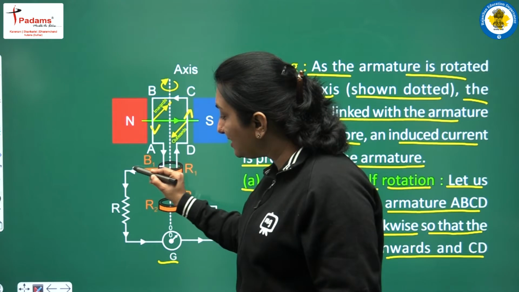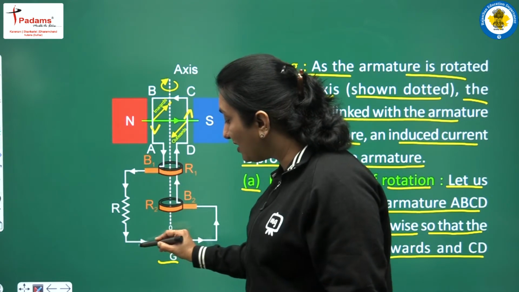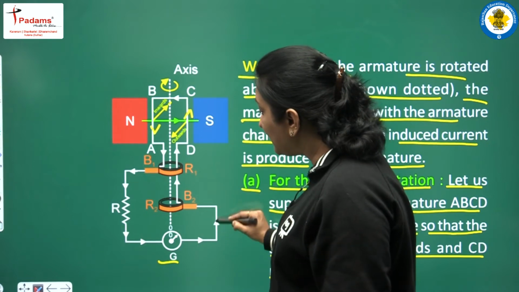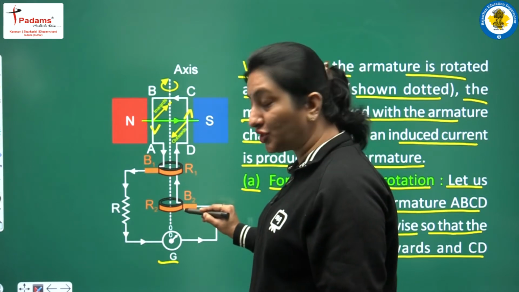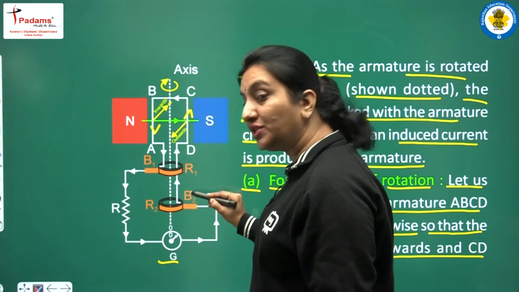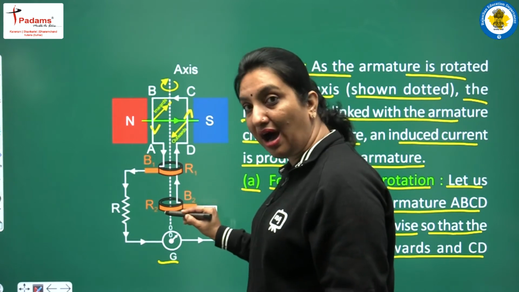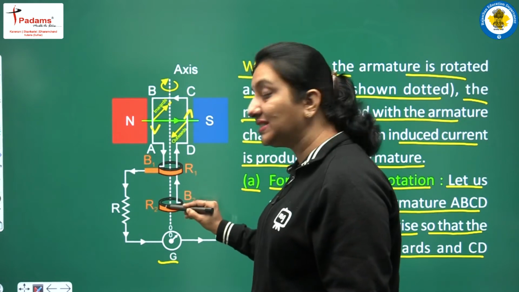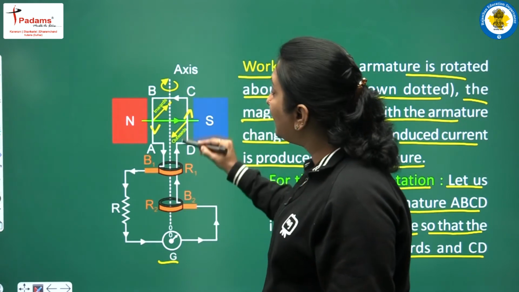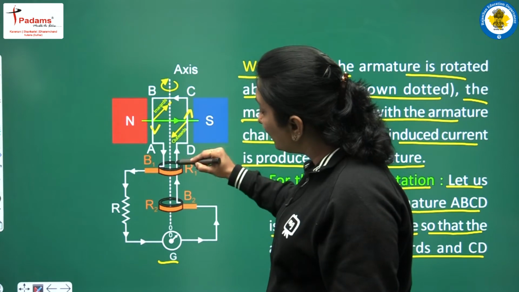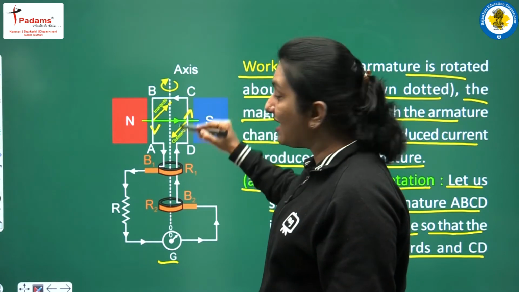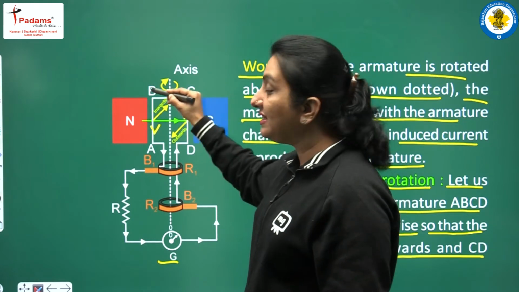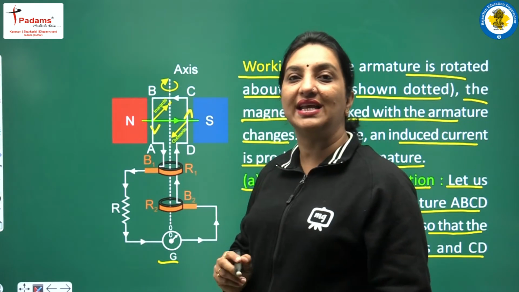The current will flow like this, and through the brush B2, which is pressed across the slip ring R2, the current will enter the R2 ring. Since R2 is connected with the CD arm, in the arm CD the current is in the upward direction, and in the arm AB the current is in the